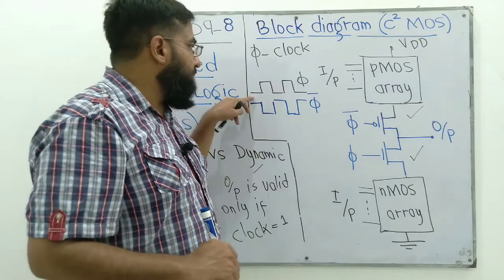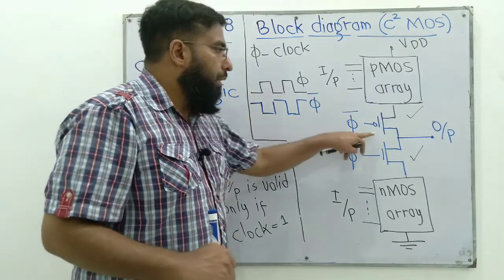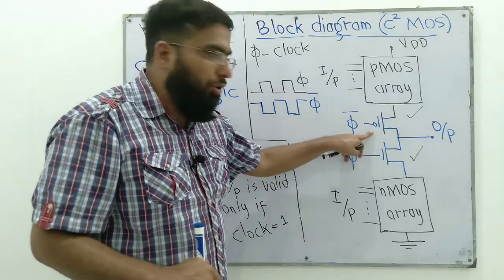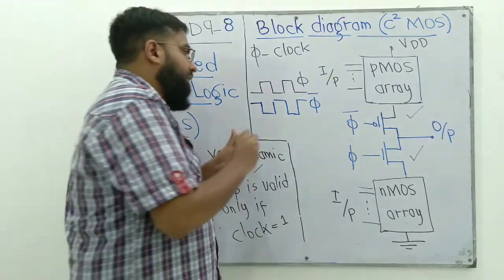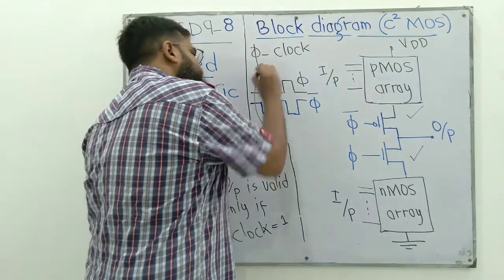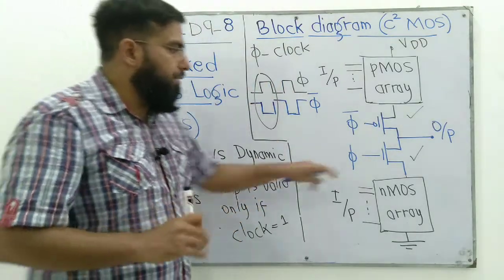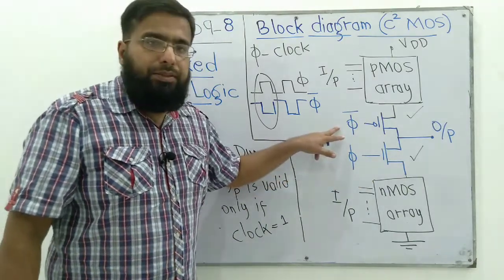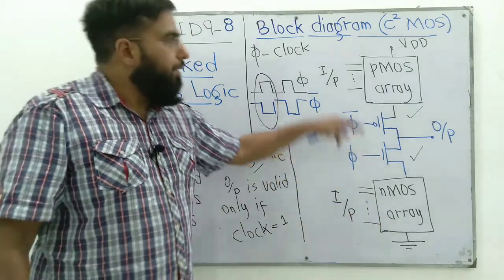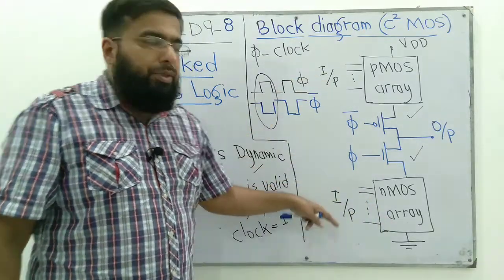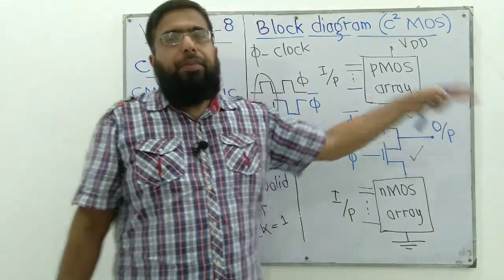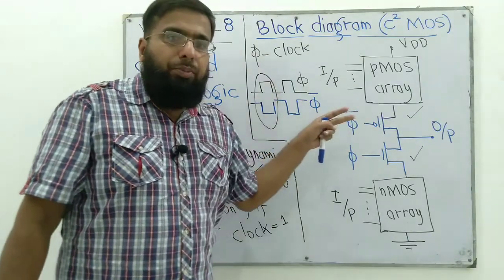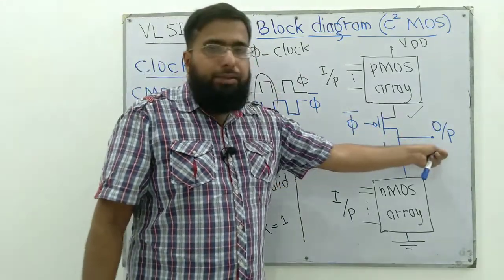When this phi bar is a 0, this PMOS is on, and when phi bar is 0, phi is a 1. This means this NMOS is also on. So if phi is 1, phi bar is 0, this gate is enabled. Whatever we apply at input,